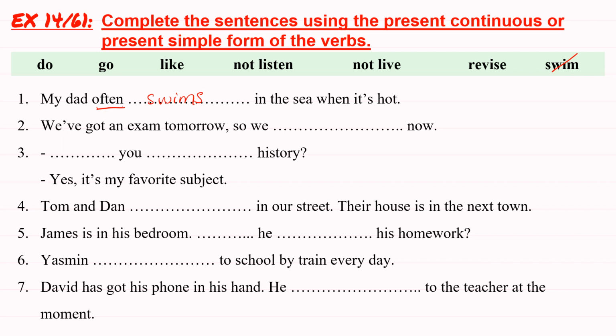Số 2, number 2. We got the word now. And this is a sign of present continuous tense. Đây là dấu hiệu của thì hiện tại tiếp diễn. Công thức của thì hiện tại tiếp diễn thì chúng ta có là to be cộng với động từ thêm ing. Cho nên chỗ này chúng ta sẽ xác định trước we thì sẽ đi với động từ to be là are. Và chỗ này chúng ta sẽ dùng động từ là revise, ôn tập. We are revising